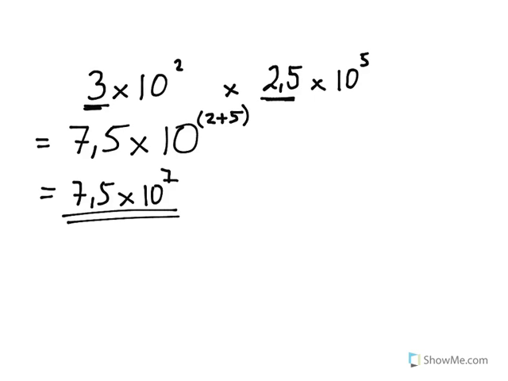How can I be sure that it's right? Well, if we wrote it the way you used to write it when you were little kids, we would write 3 times 10 to the 2 as being 300. And we would write 2.5 times 10 to the power 5 as being 250,000. And we check here that we've got the right number of decimal places. 2.5 going back 1, 2, 3, 4, 5 different places. And if we were to multiply 300 by 250,000,